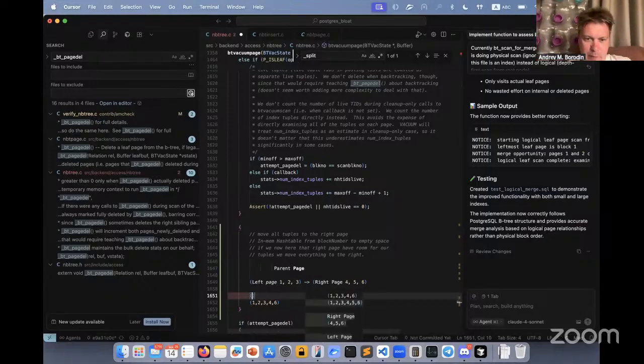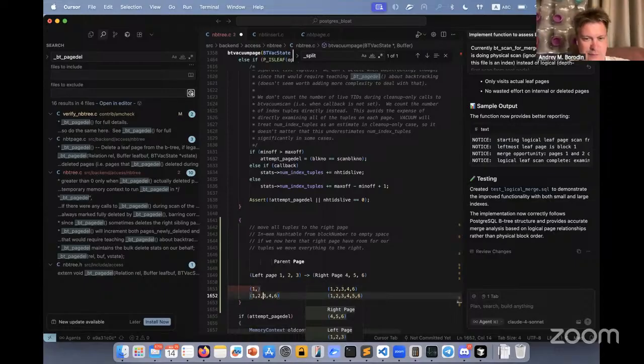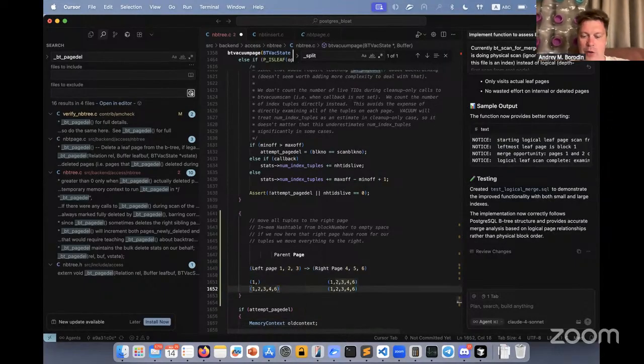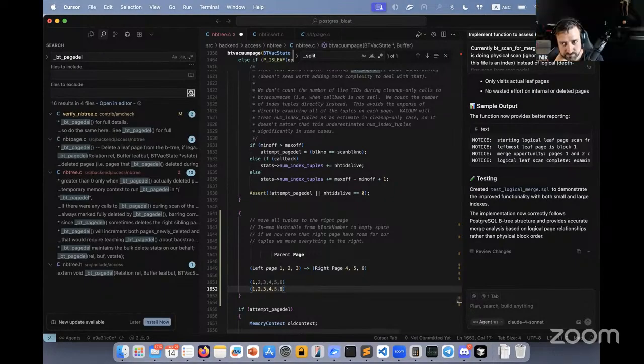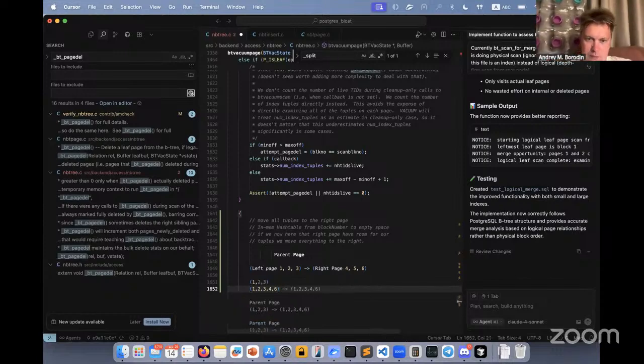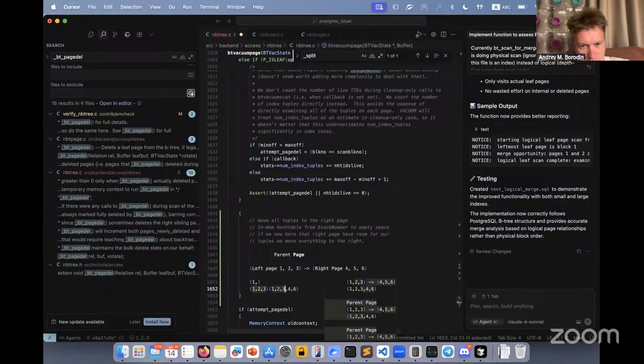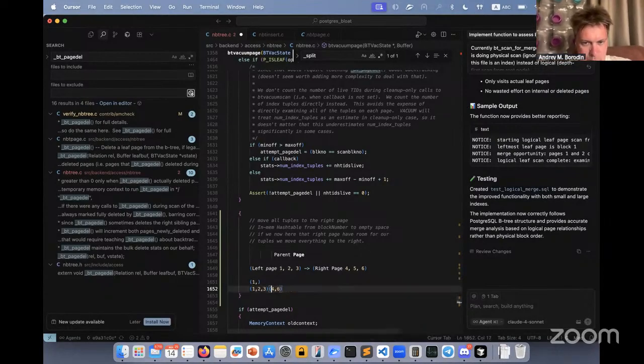So we have the parent page. It's missed for a reason. I see. So we are going to insert it, and that will cause a page split. We will create a new page here with 1, 2, 3. Remove this. Edit here. And then eventually